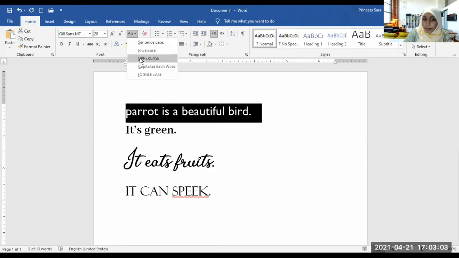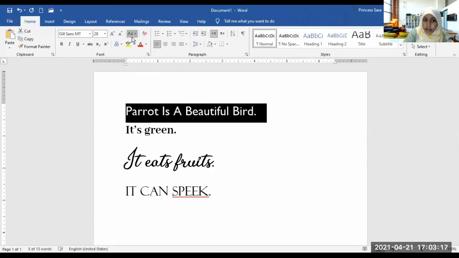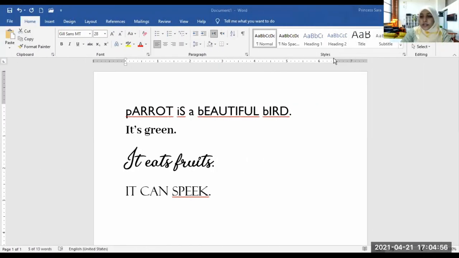If I use uppercase, all the letters will be in capital. If I use capitalize each word, each word of the sentence will be in capital. If I use toggle case, each word of the sentence will start with a simple letter. Now understood? Right. Now you know the cases.